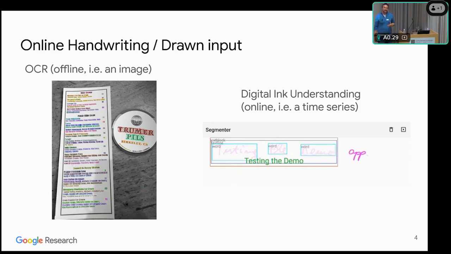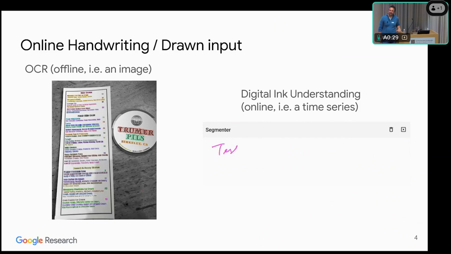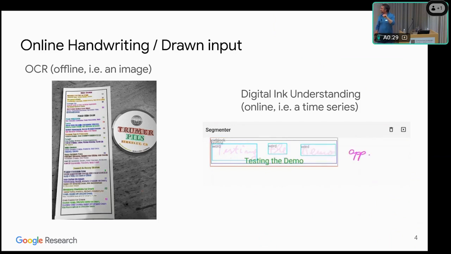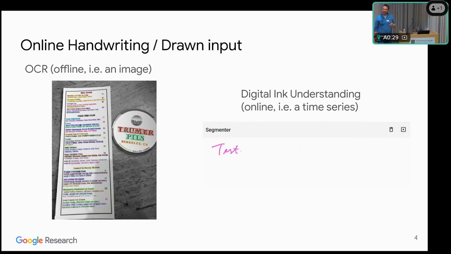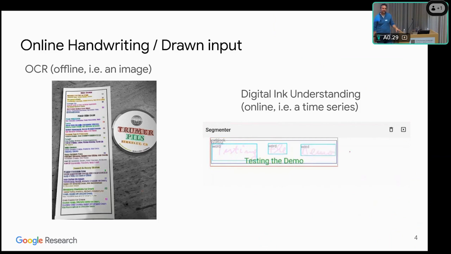Digital ink understanding, or online handwriting recognition, is a completely different modality, because here what we have is actually a time series, right? We have somebody writing, and you get 2D points, time, potentially pressure and other things, but basically it's a time series that we're using as input. So two different ways to look at handwriting recognition, and 2 different modalities.